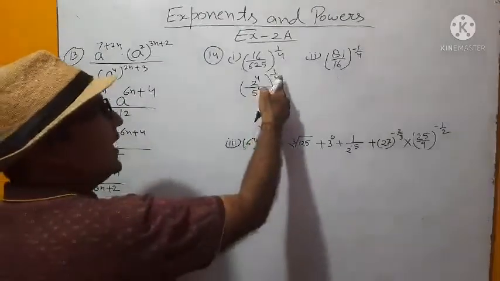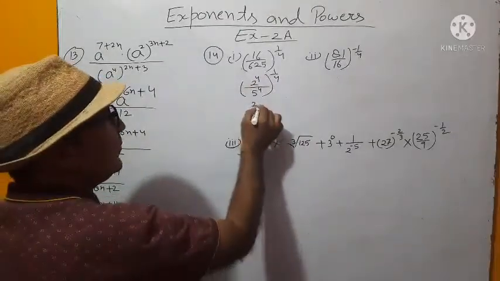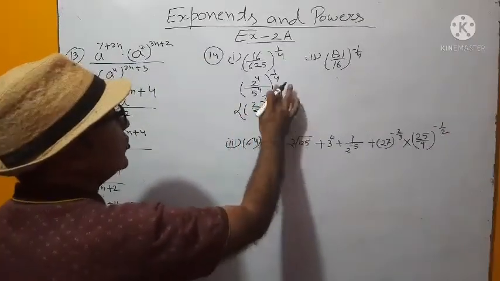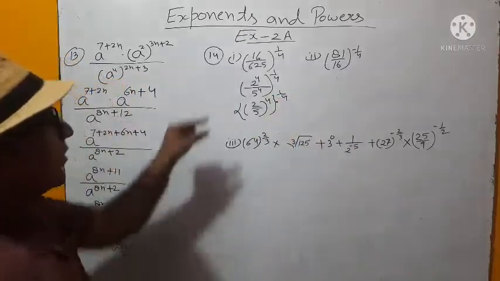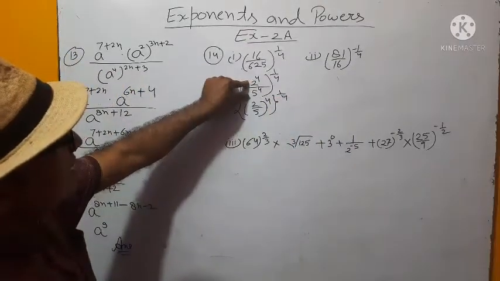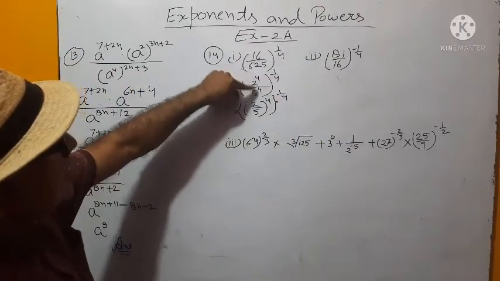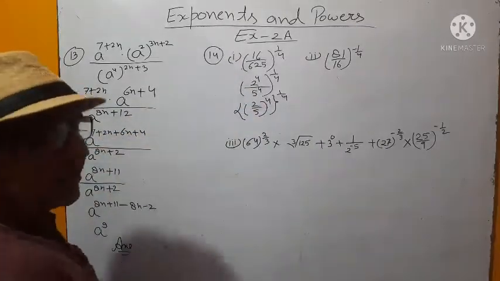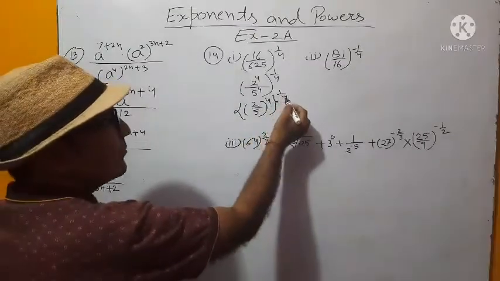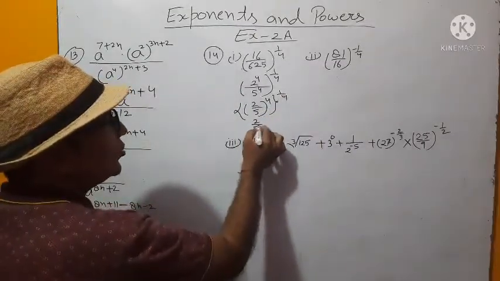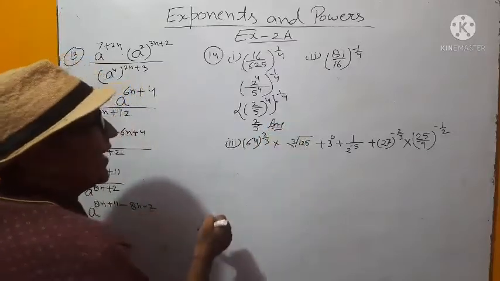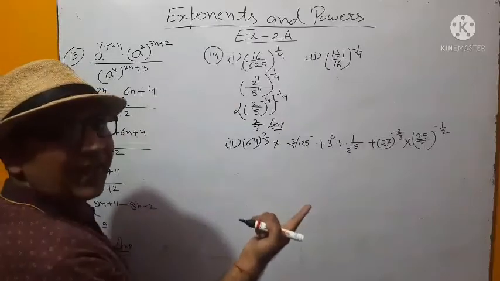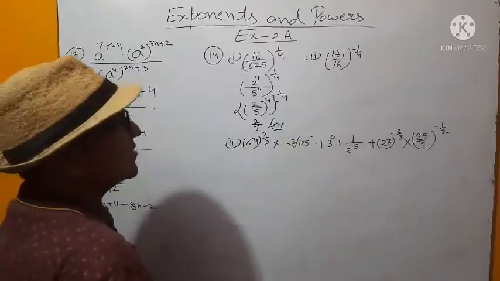Okay, when exponents over exponents are multiplied, otherwise see this one. This also you can write, because bases are different and exponents are same. So we can write it 2 by 5 to the power 4. Okay, and then 4 is multiplied by 1 by 4. So you will get answer 2 by 5. Because 4 upon 4 is 1. Power is 1. So no need to write the power. 2 by 5 is your answer.